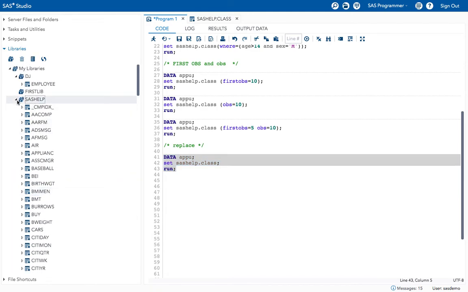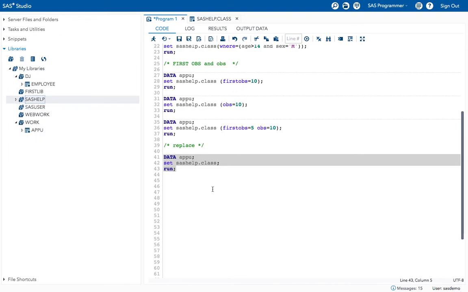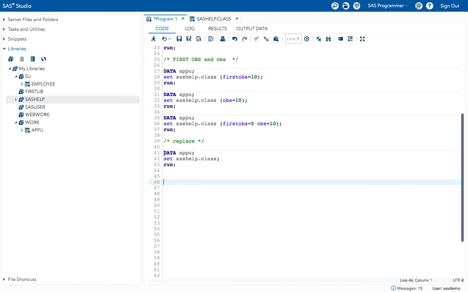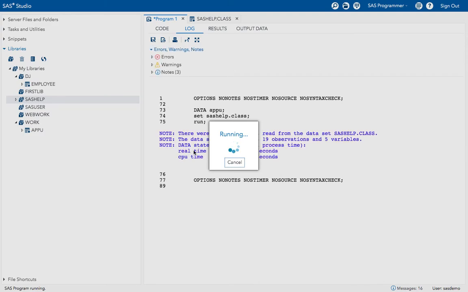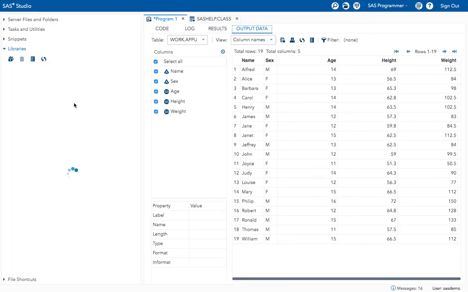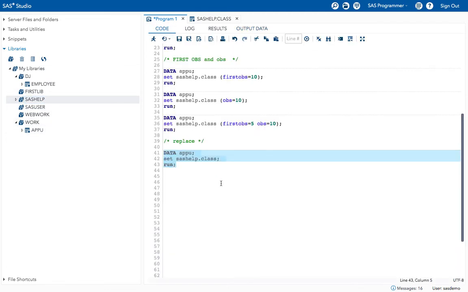Basically, this was the first data set we have seen, right? So now if I run this program, I will get class dataset stored in work library on the name of Appu. That's what we have seen earlier, right?